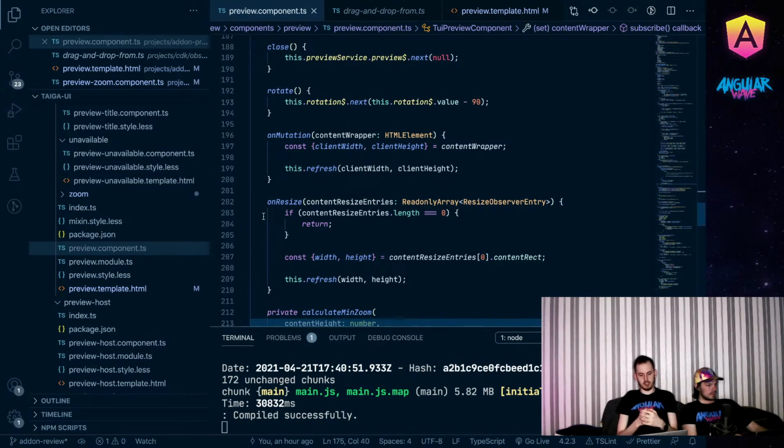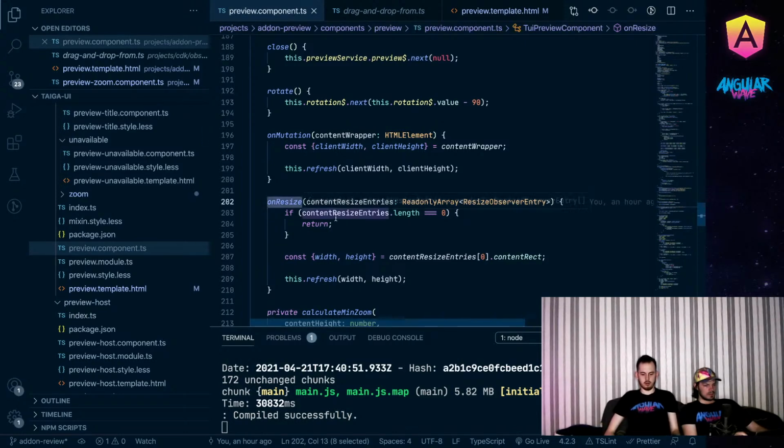We can catch it with resize and mutation observers, because if it changes to another entity, for example, it was one photo and it's another photo now,